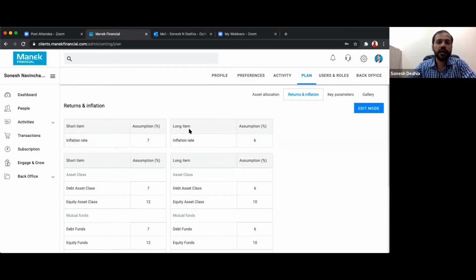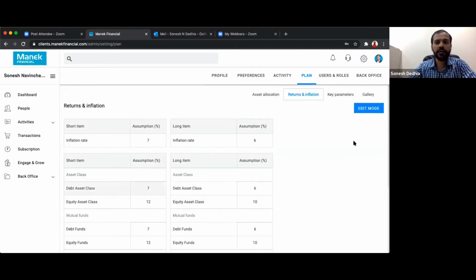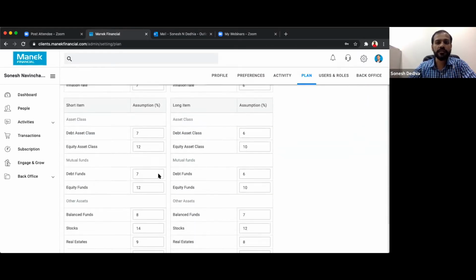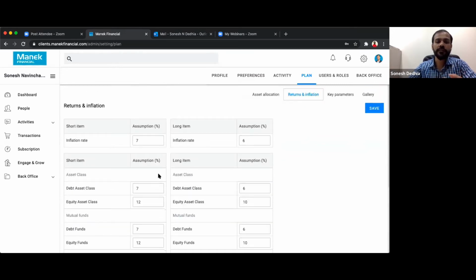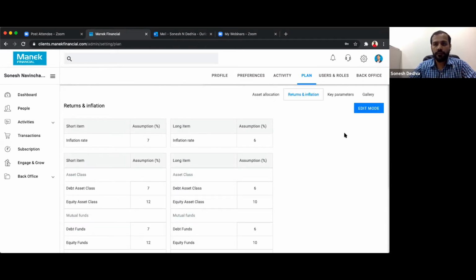So if the investments are more than 10 years, the system will cater to the second part, the long term one, and for the short term, it will use the short term assumption. So you'll be able to see all the kinds of return assumptions that we have mentioned here, and you can edit these return assumptions at the global level. So these are the global settings, and we have already added inputs on these fronts. You can just come and change it on your own. And if you want to change the inflation, or the return assumptions on these asset classes, you can change it on your own.